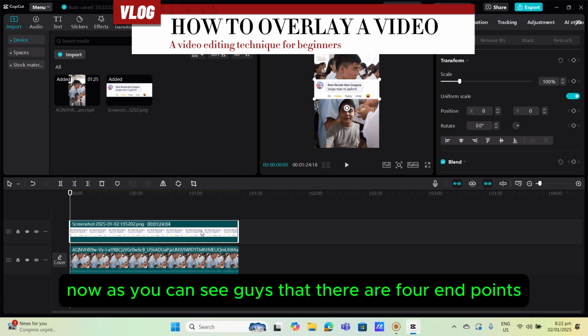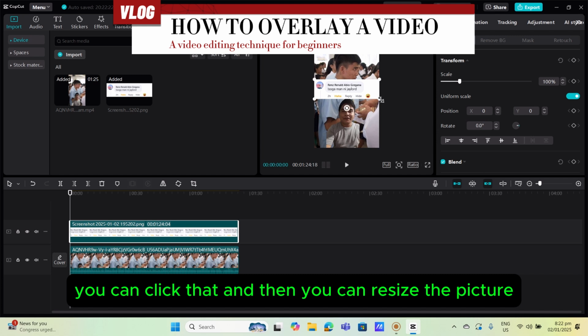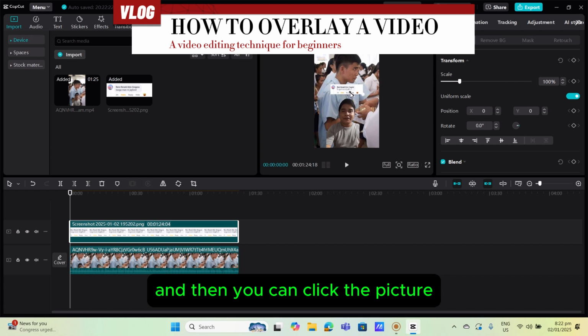Now, as you can see, guys, that there are four endpoints. You can see it here, here, here, and here. So this endpoint, you can click that and then you can resize the picture. You can make it small or smaller. And then you can click the picture.